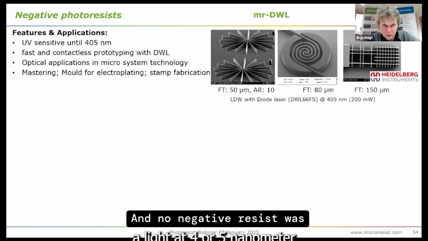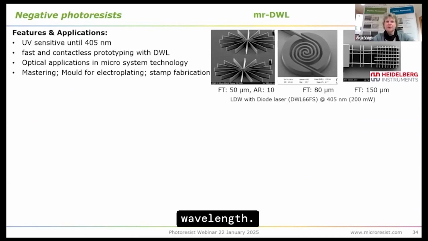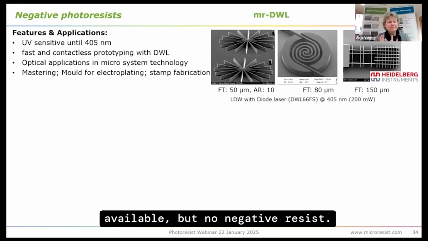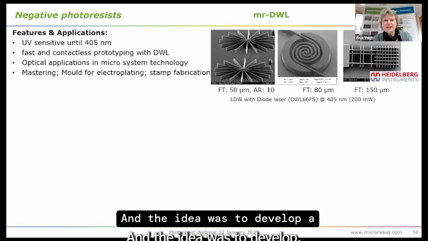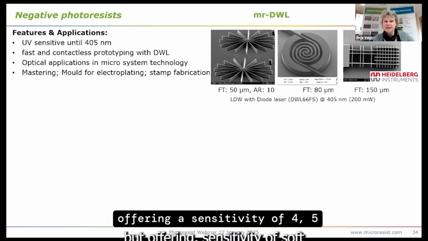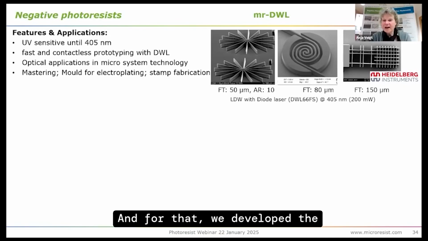No negative resist was available having sensitivity at that wavelength. For positive resists, they are available, but no negative resist. The idea was to develop a negative resist similar to SU-8, but offering a sensitivity at 405 nanometer wavelength. For that, we developed the mr-DWL,